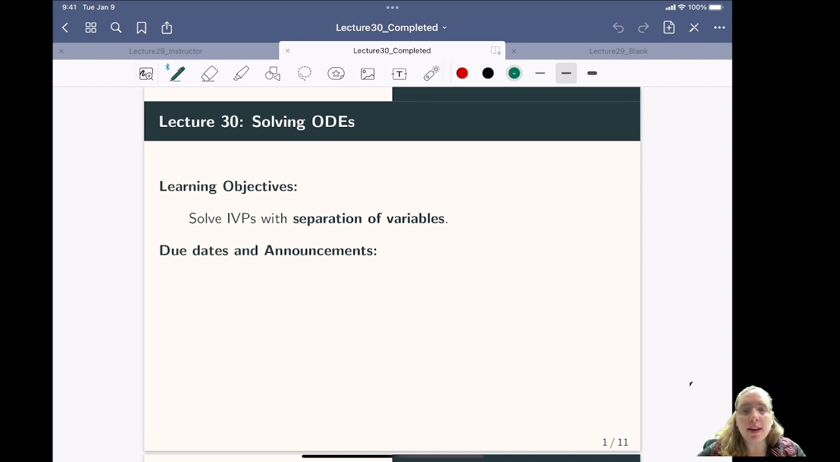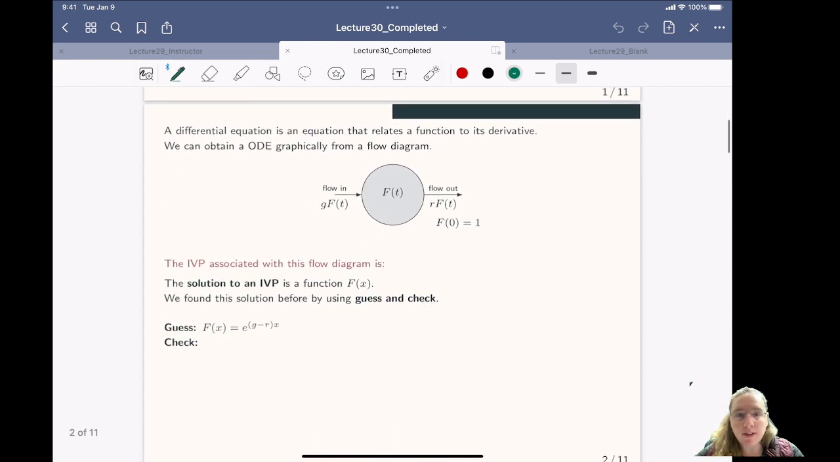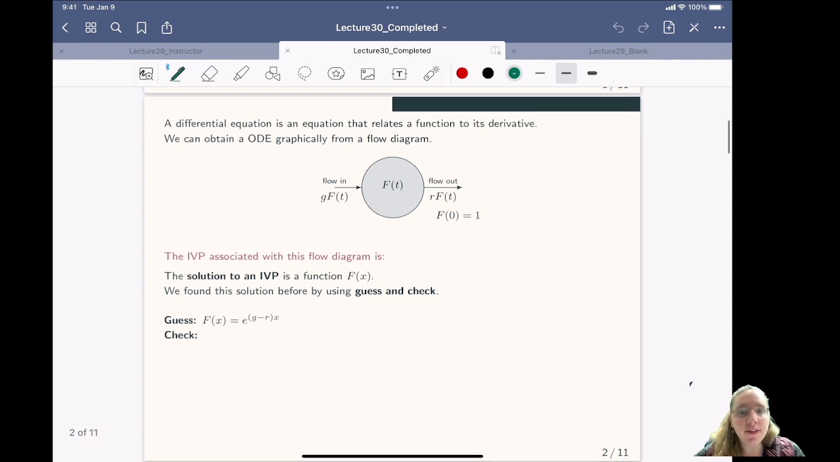Hello and welcome to Mini Lecture 30 on solving ODEs, the last mini lecture of this course. Alright, so we've talked a lot about ODEs so far in this class. We talked about how to derive them, how to guess and check their solutions, and how to find the equilibria